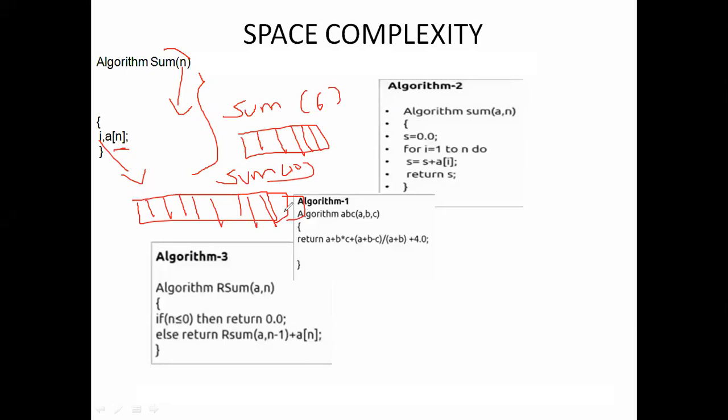The first instance has an array of size 6, and in the second instance the array size is 10. So this array we call the variable part, because it depends upon the value of n. So the space complexity for this algorithm depends upon the n value. So n plus 2 variables, that is i and n, that is 1 plus 1, 2. The space complexity for this algorithm is n plus 2.